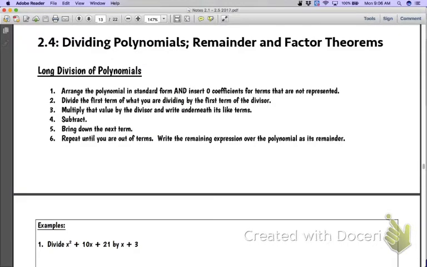So with 2.4 and dividing polynomials, what we'll talk about today mainly is going to be long division and synthetic division. Okay, we'll hit remainder theorem and factor theorem tomorrow, but the dividing part for everything is for today. So what you were accustomed to whenever you were in your Algebra 2 class or